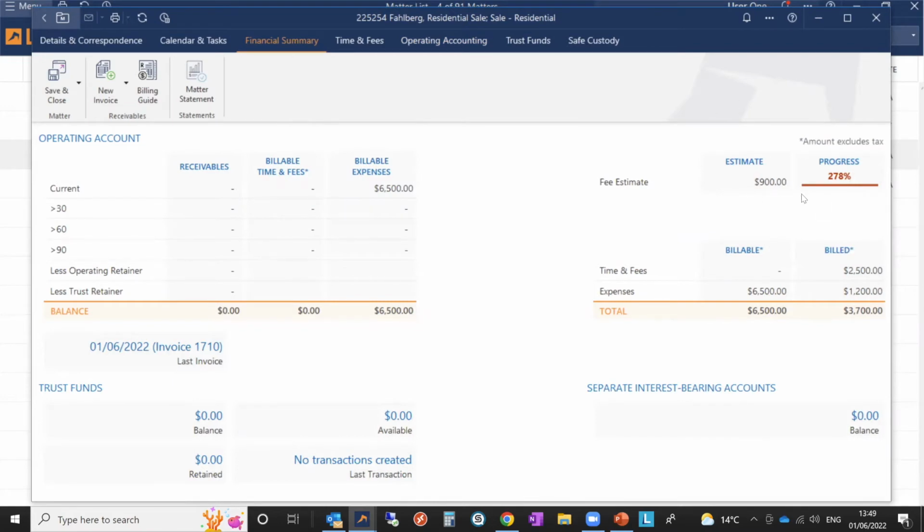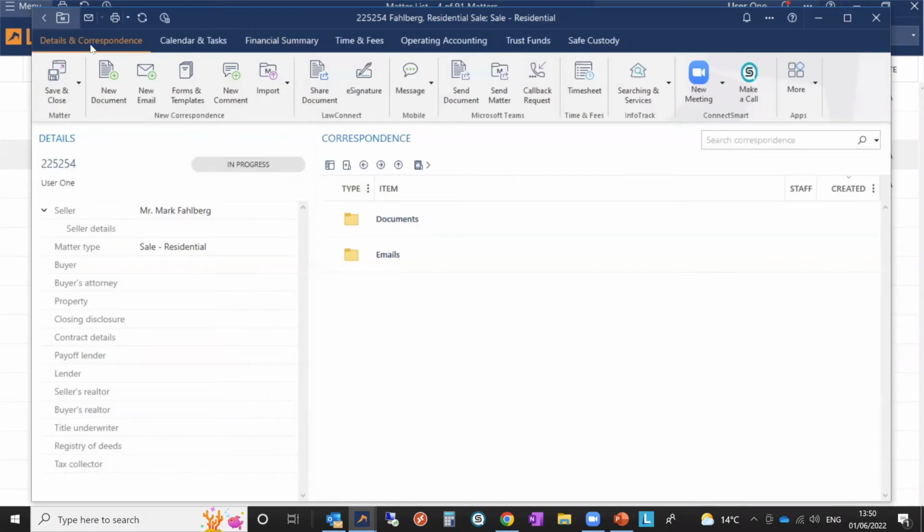You can see over here on the right-hand side as well, we do have the fees estimate. So we've massively exceeded what was agreed with the client, and that's why we're getting this progress warning here in red, because we really ought to be alerting the client that we've exceeded our fees that we discussed. Okay, so from the matters perspective, those are all things that you would do throughout the course of a matter,